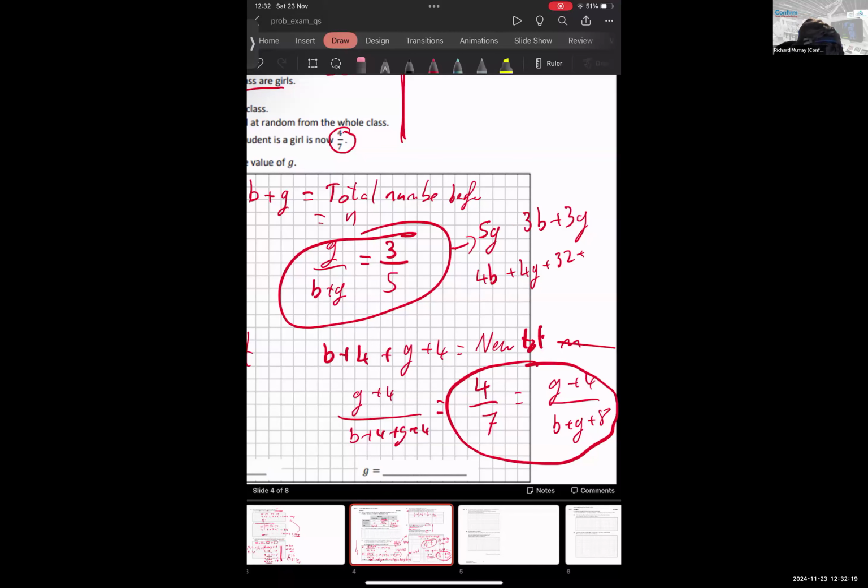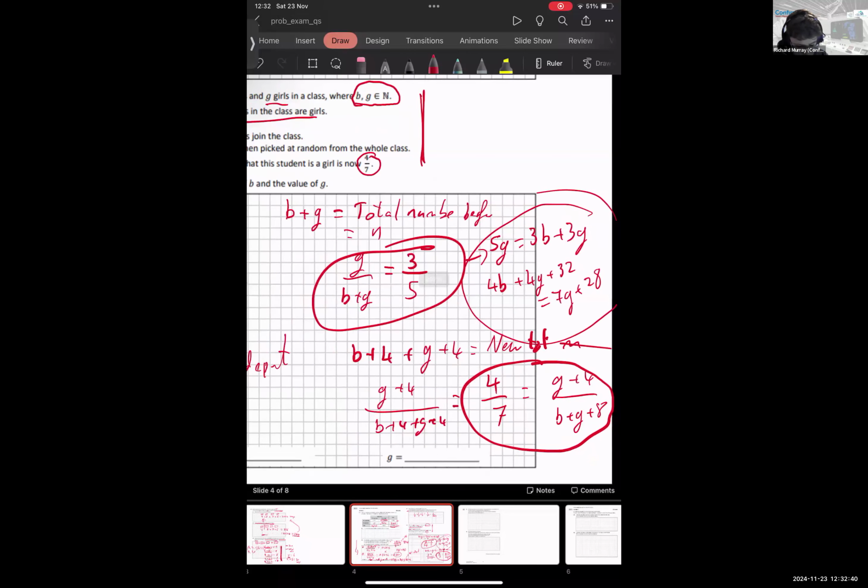I made a mistake, that's an equal sign. Sorry, that's 32 is then equal to 7G plus 28. And then this is just simultaneous equations from there, and you should be able to find out